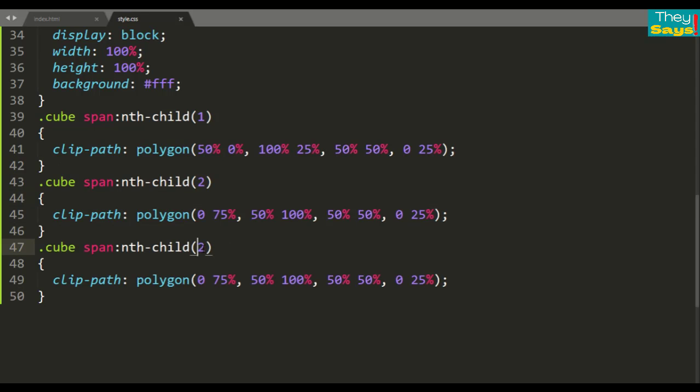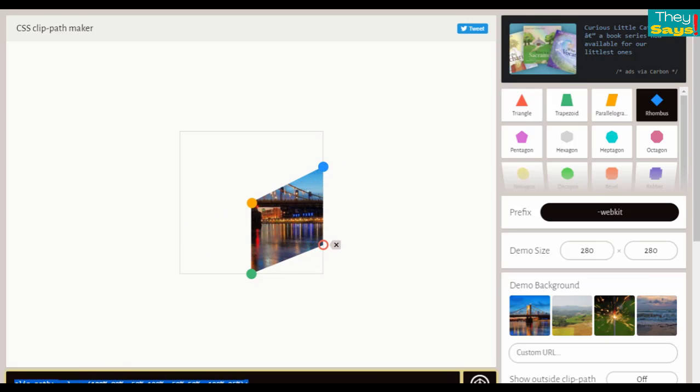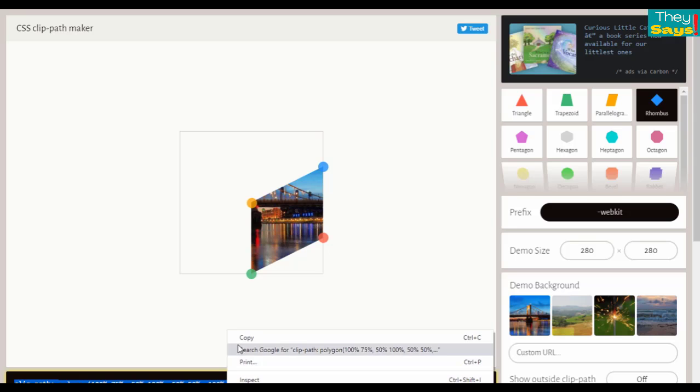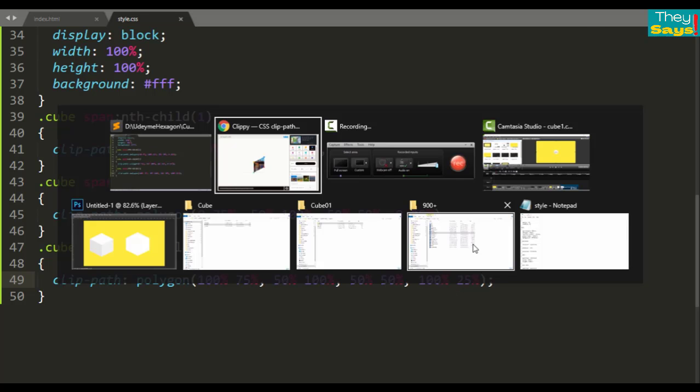Copy the same and make a shape for the third child. Move this point. Also move this one to 75. Okay. Reload this page. Our cube shape is ready for use.